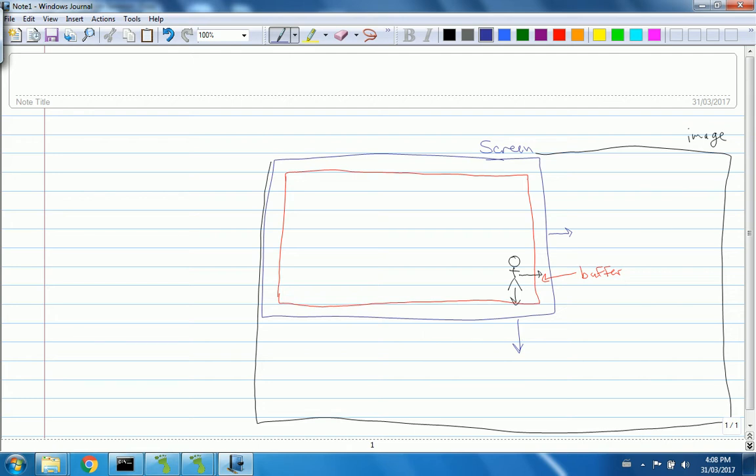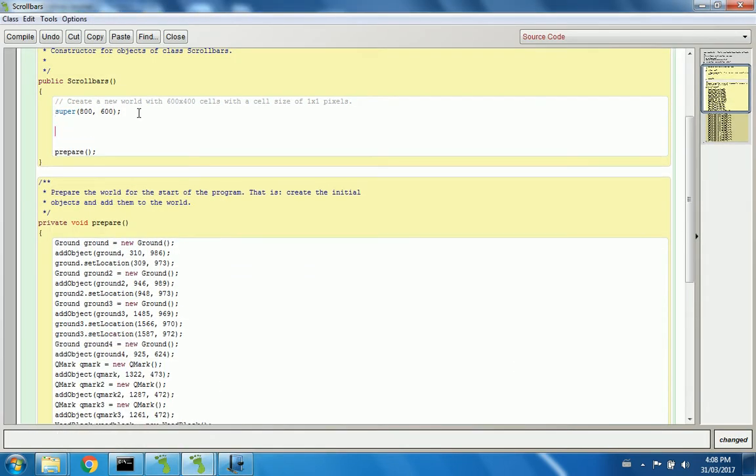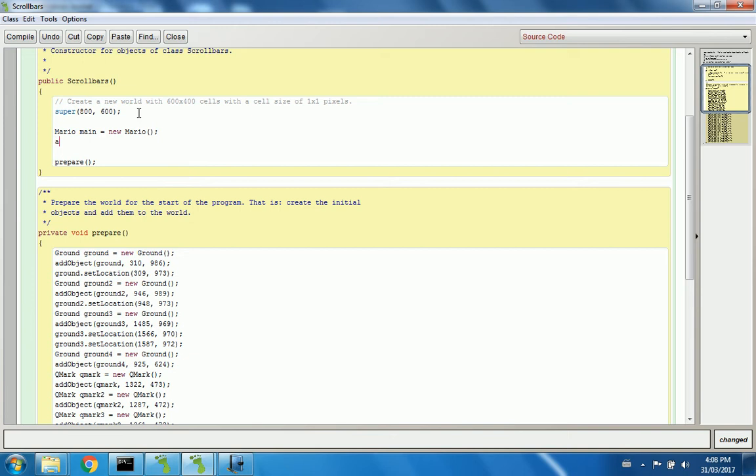Okay, so if we don't have a main character, we won't be able to do any scrolling, which is why I'm going to go here and put that main character in. So I have a Mario main, and I'll add Mario to the middle of the screen. And it'd still be frozen right now unless I made this important call here. So if I say set main character,